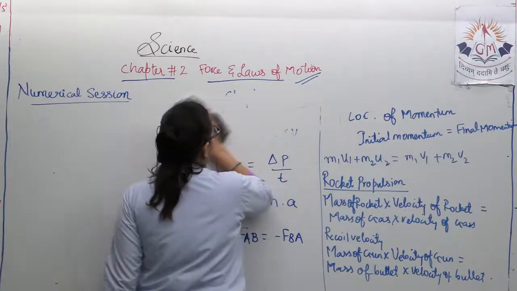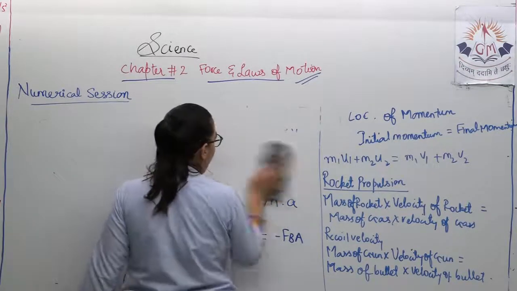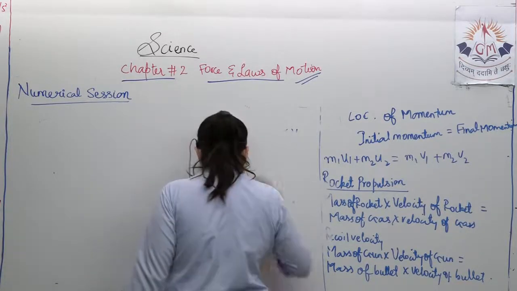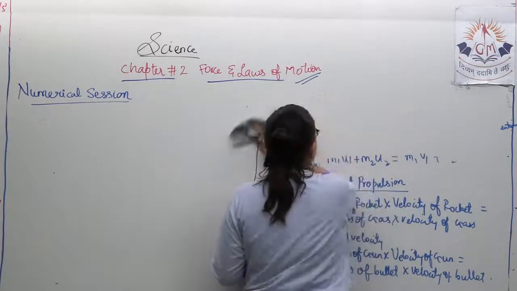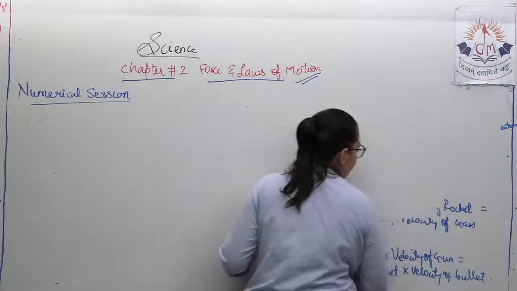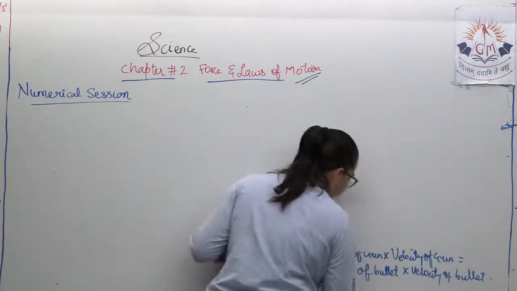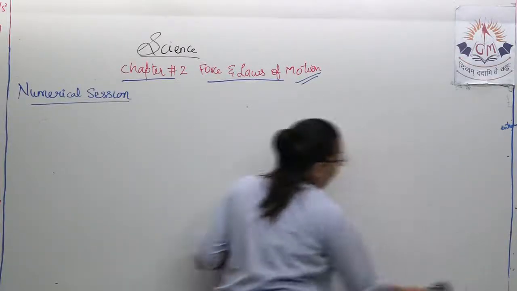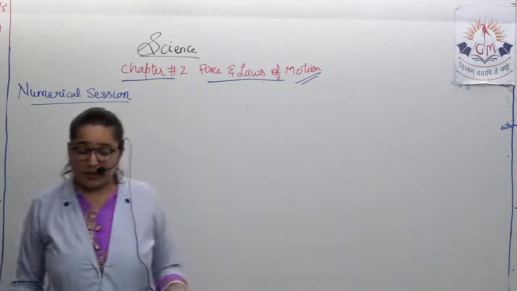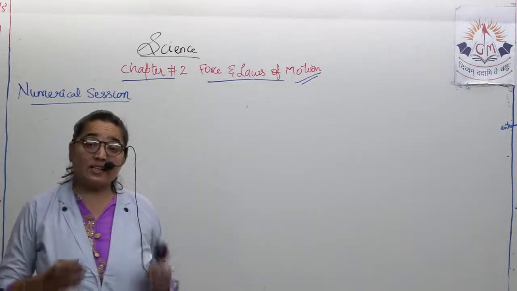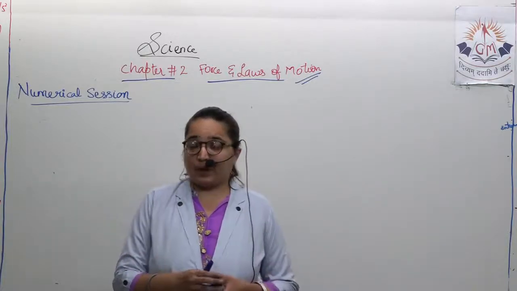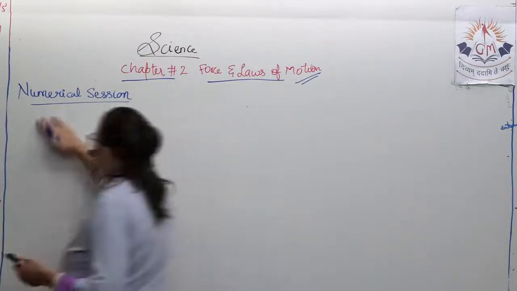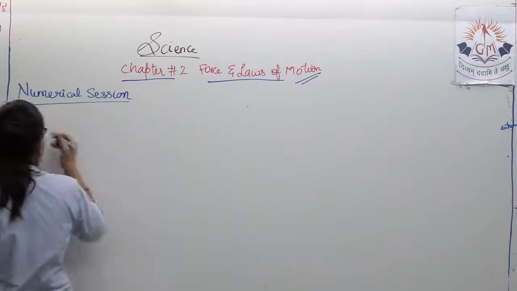Wherever needed, I'll ask you to look in your book and just think on which formula it's going to be used, because it's simply like a puzzle. You have to solve the puzzle. And for your kind information, numericals of this particular lesson are quite easy as compared to the previous chapter. Okay? So, the very first question,